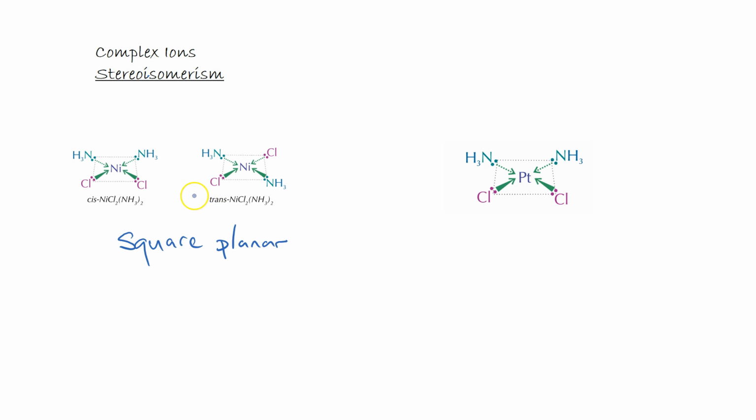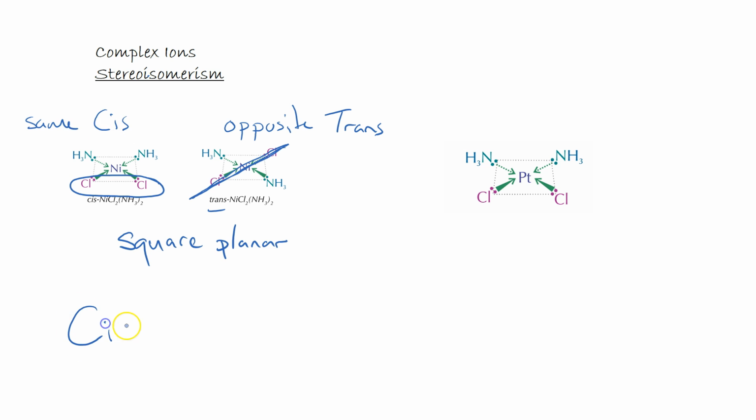If we have them opposite here, so we've got 2 Cl minuses opposite one another in a square planar, then we describe this as trans isomerism. And if they're on the same side as we have on this one, then this is described as cis. So this here is cis-trans